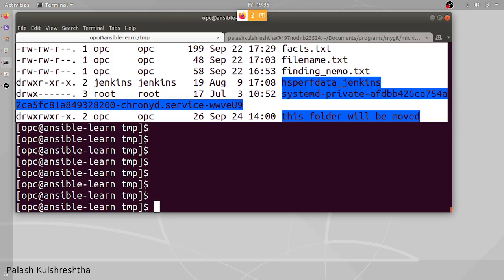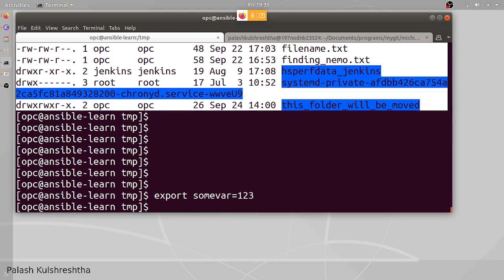So a way to create variables is export somevar, or whatever name you want to give your variable, equals 123. So we have created a variable somevar